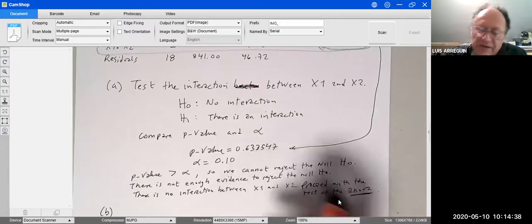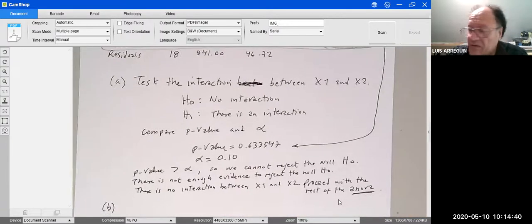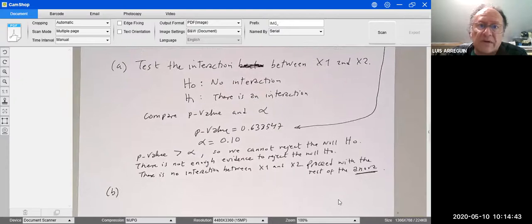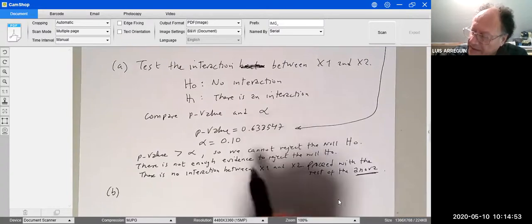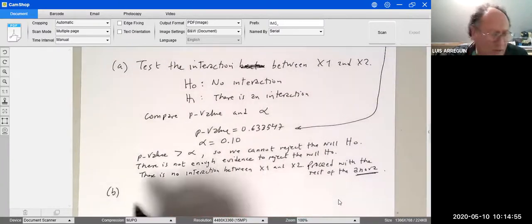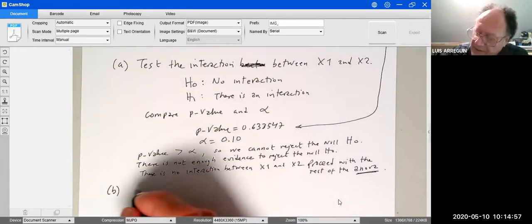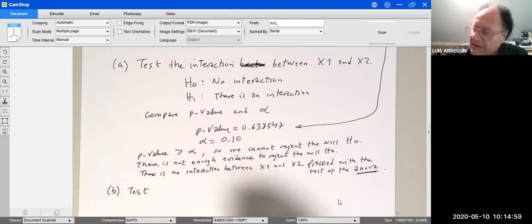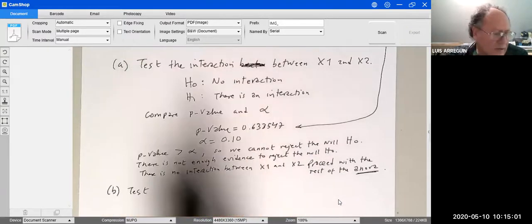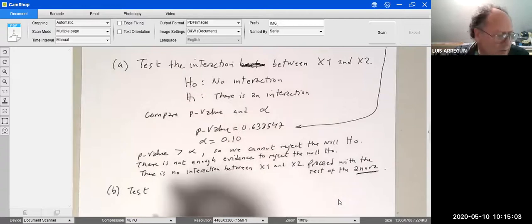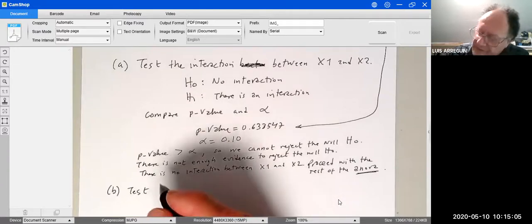Otherwise, if you reject the null, you stop there and you say, I cannot do anything with this information. So both the teaching methods and the class sizes seem to have overlapping effects, so I cannot distinguish one from the other. But in this case, we found that there is no interaction. We can now test either x2 or x1; the order doesn't matter. We're going to test first the main effects